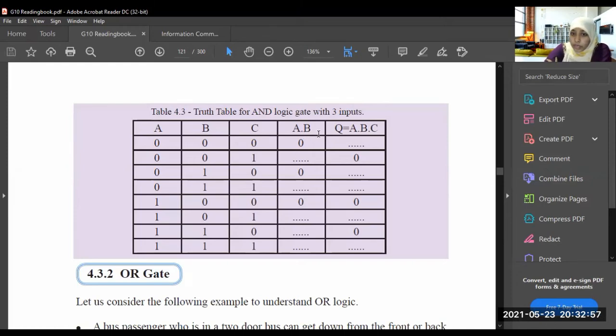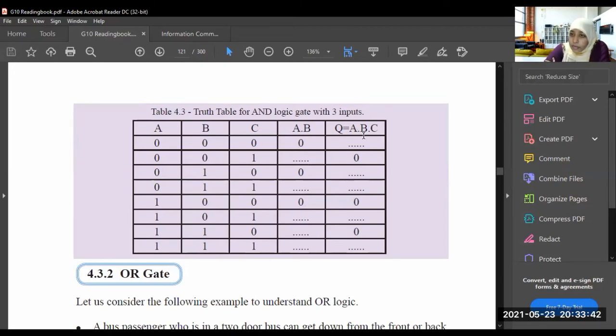See, okay. A and B. Here, A and B and C. So, first A and B means 0 and 0, 0. 0 and 0, 0. 0 and 1, 0. 0 and 1, 0. Because in AND all the input should be on. All the input should be true or 1. Okay. Here also 1 0 0 1 0 0 1 1 1 1 1 1. Now understood? So the last two blanks are 1 1 and the previous three blanks are 0 0.